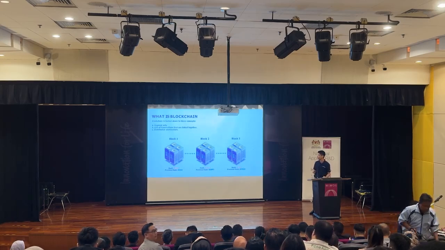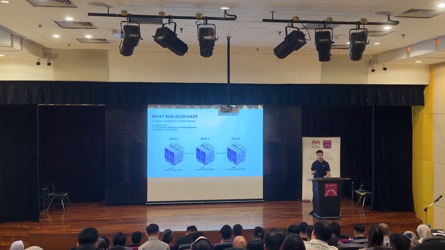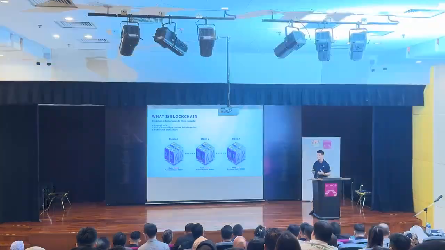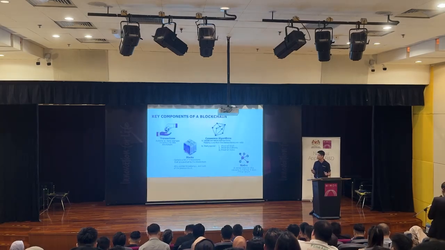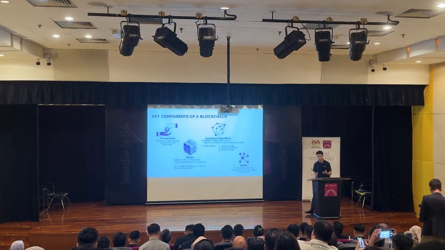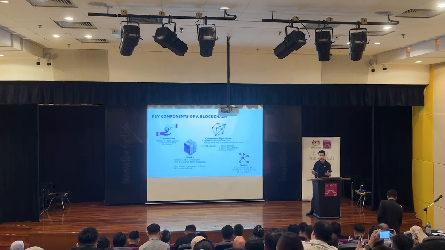And the third characteristic will be distributed architecture. It's not only one copy, but a lot of copies distributed across different places. So this makes sure that even if one of the copies is compromised, the data is still intact. So next, before we start going deeper into blockchain, we need to know what are the basic components that form